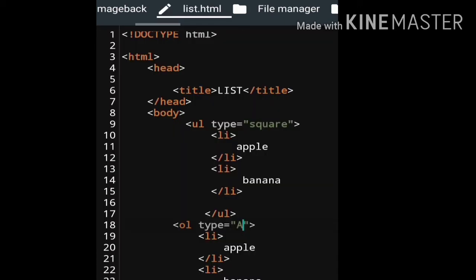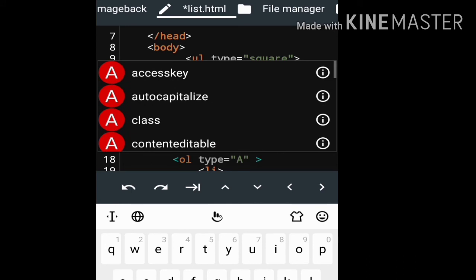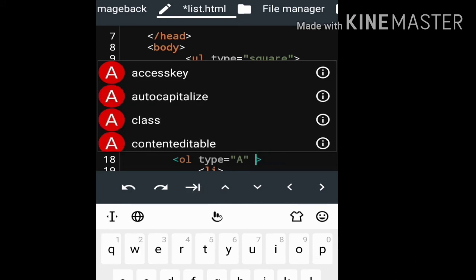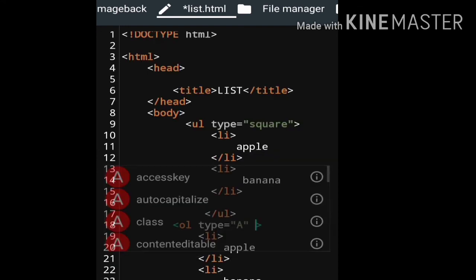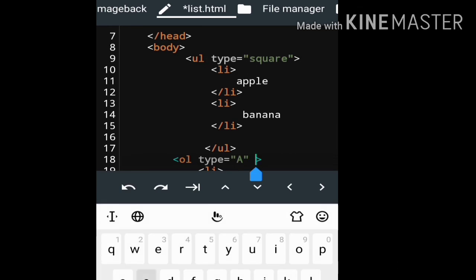Here one other thing is also used. We can use start, which defines the position of your item. Say for example the type is A, but if I write start equal to 4, it means A, B, C, D, the fourth position of your alphabet.